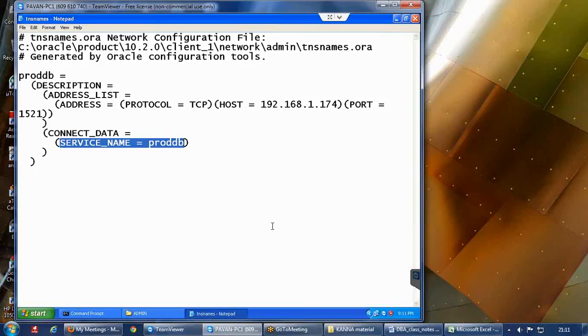So any more queries? Okay. So let us go and look into the server side configuration.